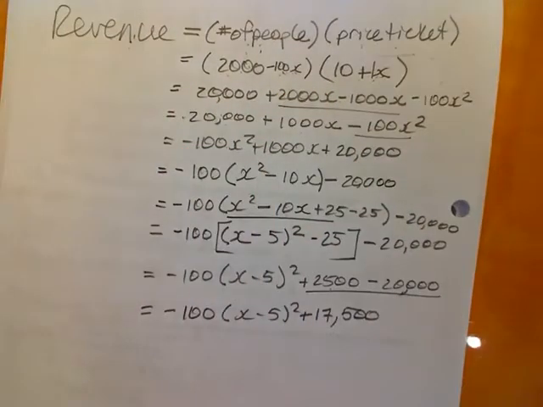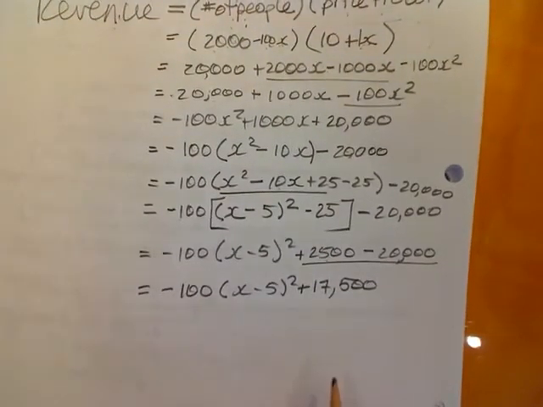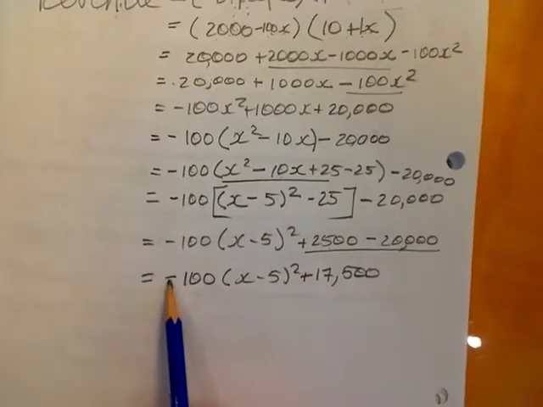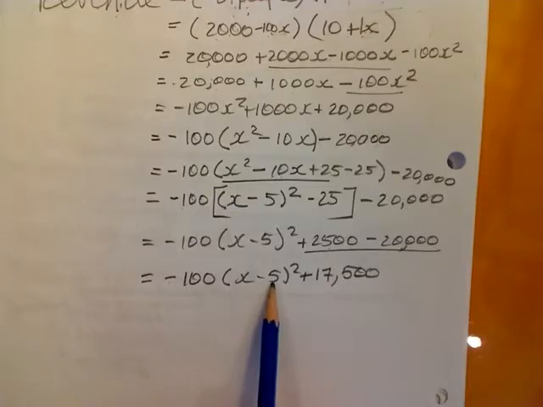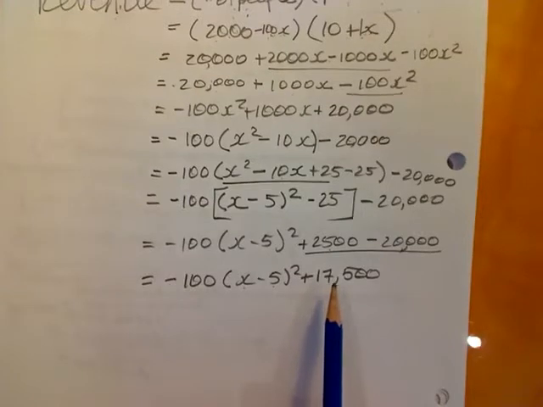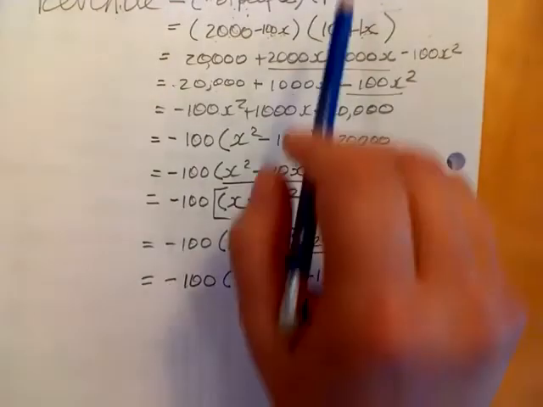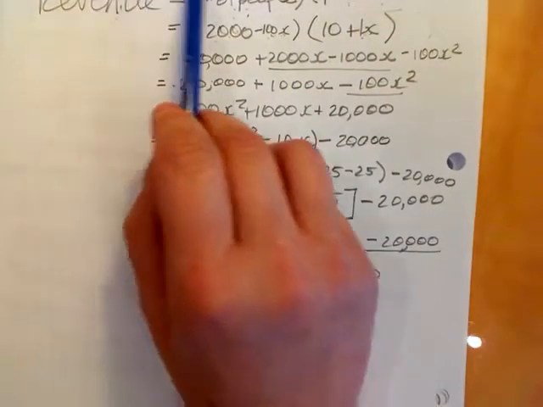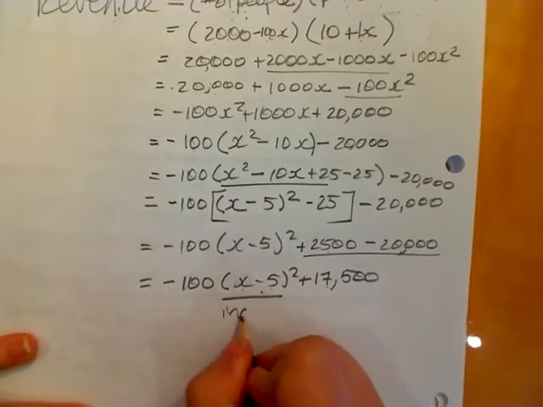Easier to see. Okay, so now let's see what this tells us. This tells us that we have a maximum. This tells us we're going to increase the ticket price by $5, and we're going to have the greatest revenue of $17,500. So now let me ask you here, what do we have to do? What ticket price would result in the greatest revenue? So if we're increasing by 5, so this means increase